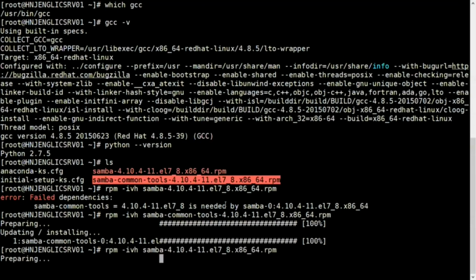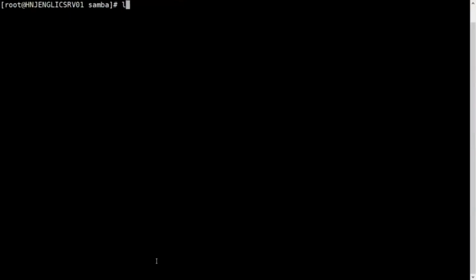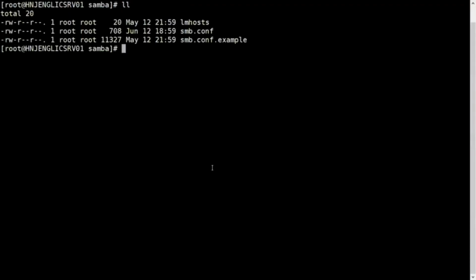Now you can install the main rpm. Okay, it's installed. Now it will be available in your cd /etc/samba. So here is smb.conf,